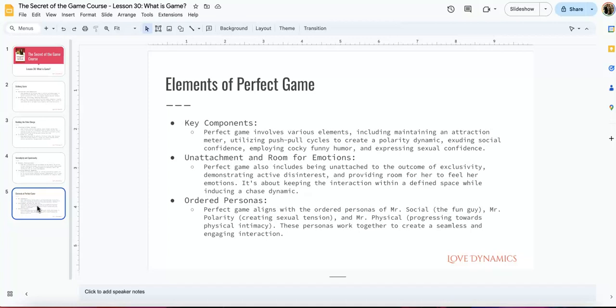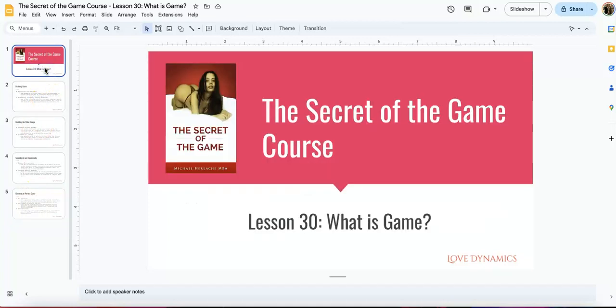So that's going to be the content of game, and we're going to be diving deep into it. And keep in mind, this is helping you understand it in terms of love dynamics, but we're really going to be diving into actual exercises and actual practice in the field, and that's going to be the next step when you buy the book. Actually do work with us in terms of working one-on-one with love dynamics. We help you to go through the exercises, get clear on what you want, solution map the path to get there, and then practice and learn the skills to be able to achieve the outcomes in your life.